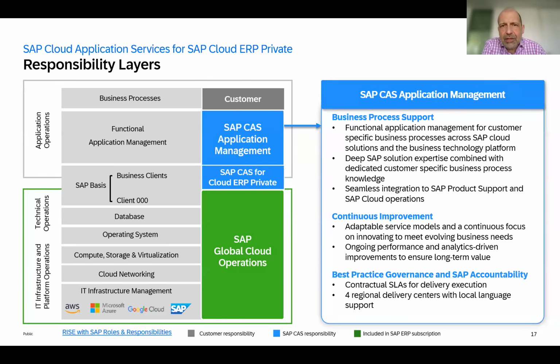On top of this, the functional application management can completely be handed over to SAP. That means the customer end users and the key users only take care of the business processes, and everything below that, that means customizing, master data maintenance, all this stuff which is not really related to the core business process, can be handed over to the application management. We have teams of consultants who are able to cover the full ERP scope as well as SuccessFactors, CX, whatever application is used by customers.